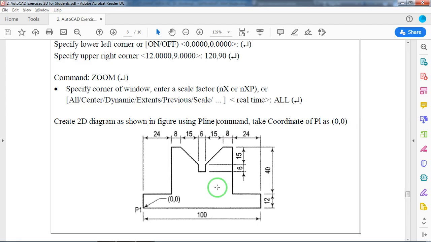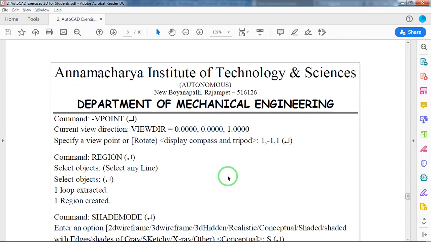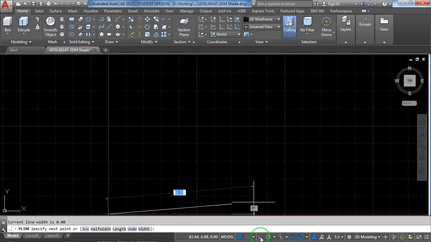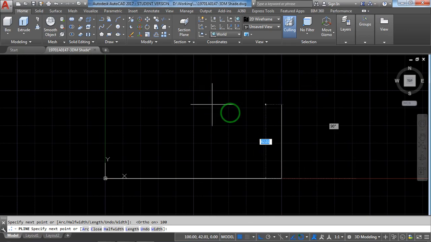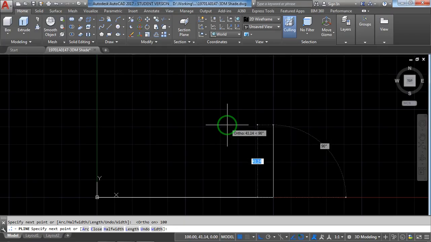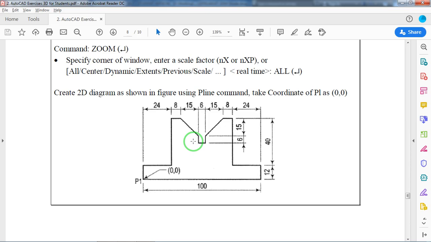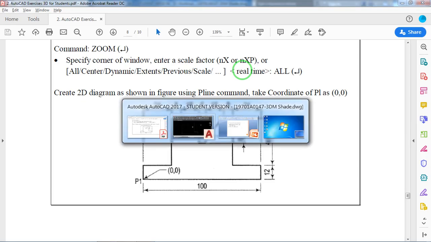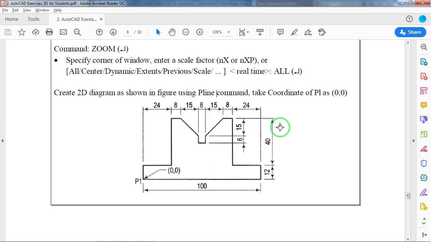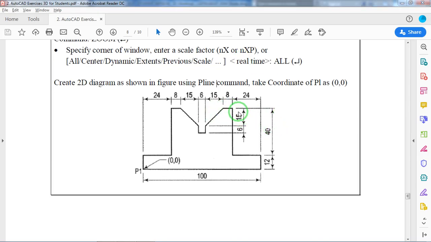Now here we use the direct distance entry method, I hope you remember. Keep ortho on. Right side 100, top 12, left 24, again height 40, next again left 8.